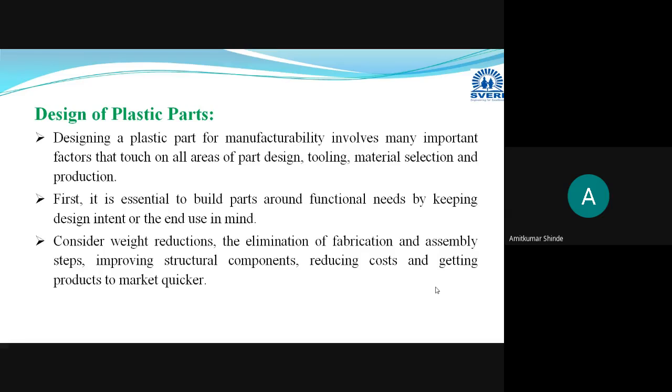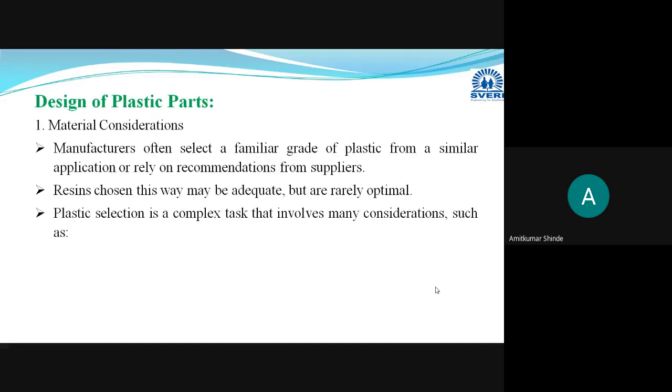So this is the broad aspect related to the design of any plastic part. Whenever you are starting any design, you first have to consider these broader aspects. After this, we will move towards some specific points of consideration. Generally, I have summarized this in 8 points that you have to take into consideration while designing any part using plastic material.